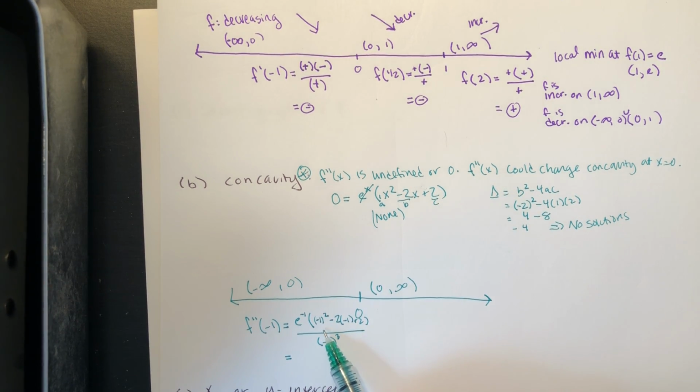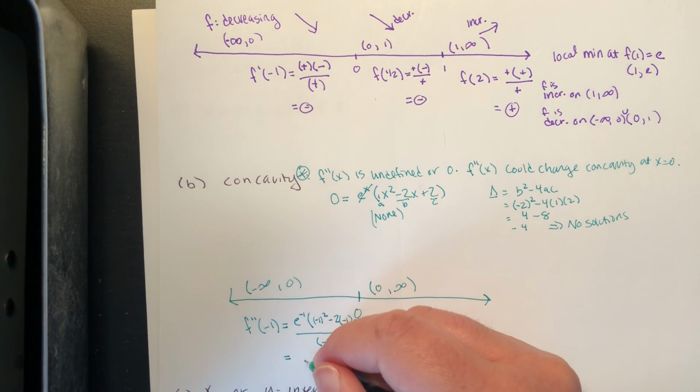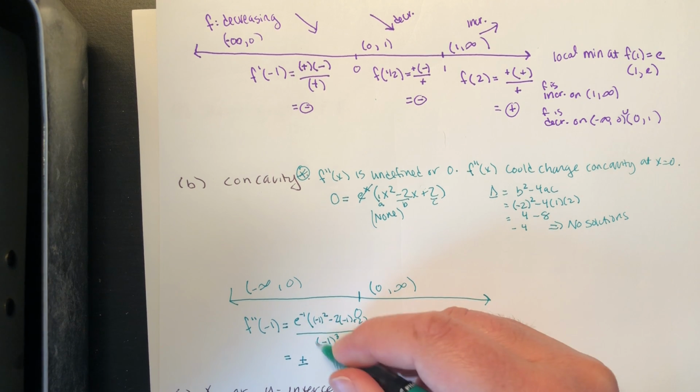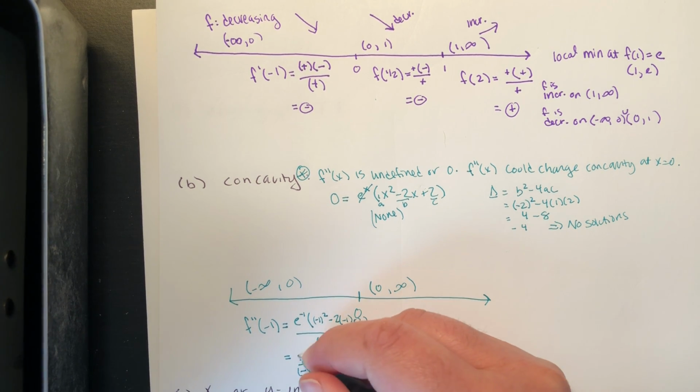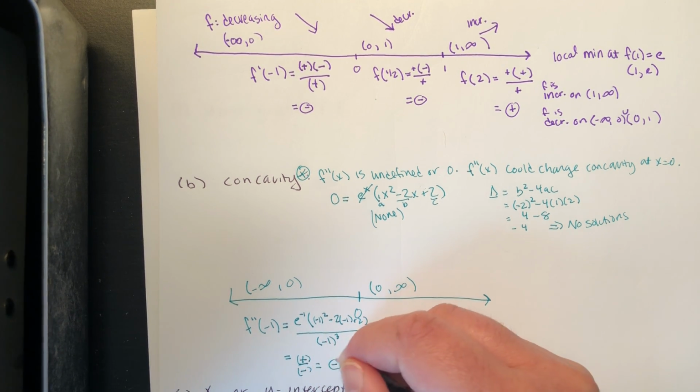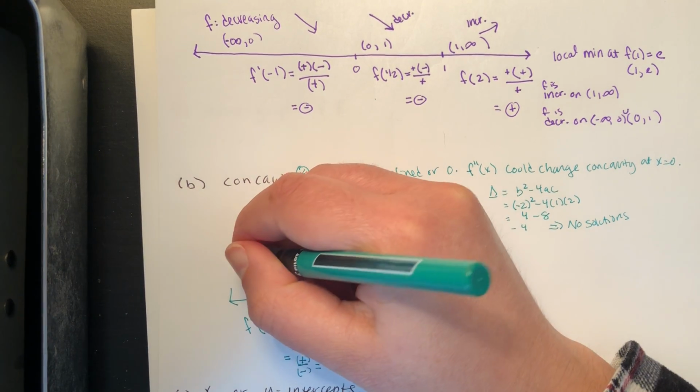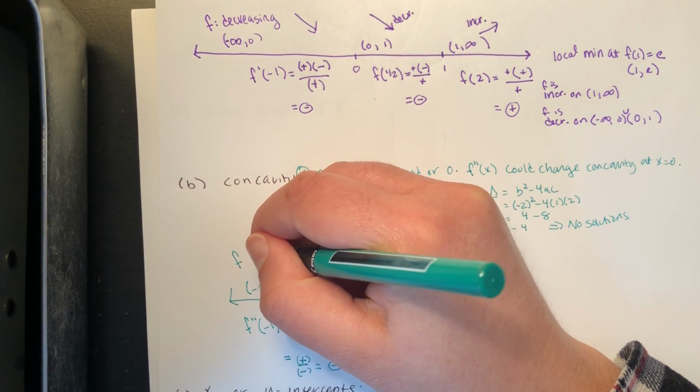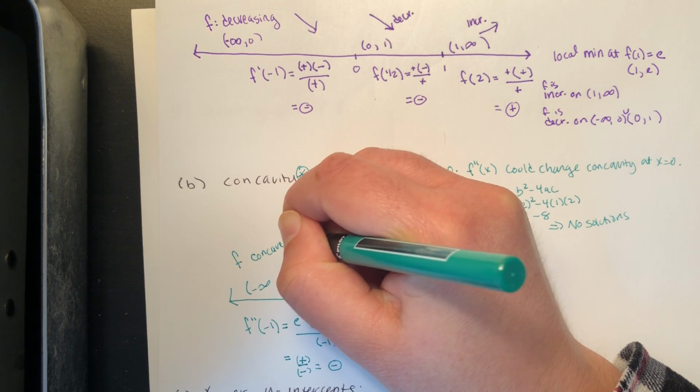Okay, so this is going to be positive in the end. It's 1 plus 2 plus 2, so it's positive on top. And negative 1 cubed is going to be negative in the bottom, so this is negative overall, which means my original function f is going to be concave down